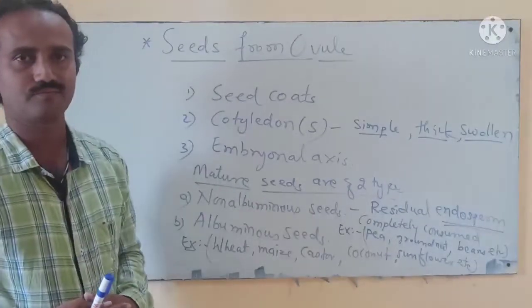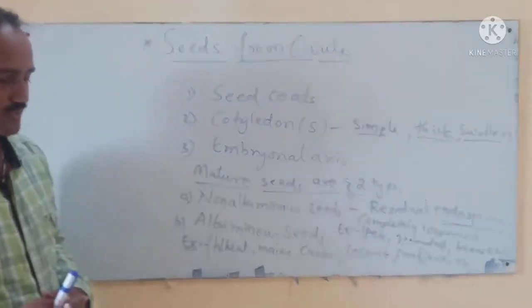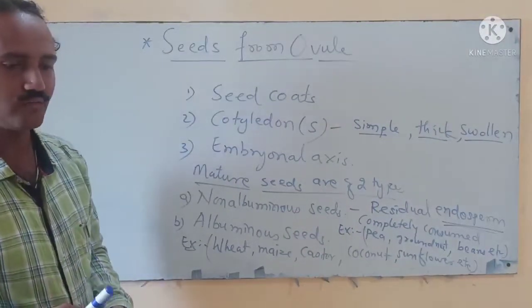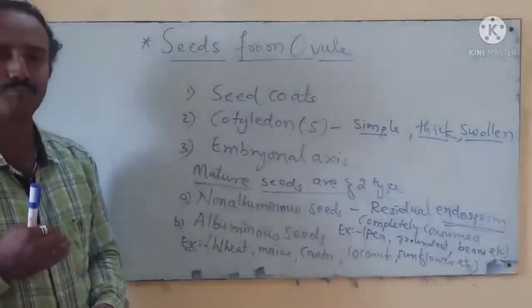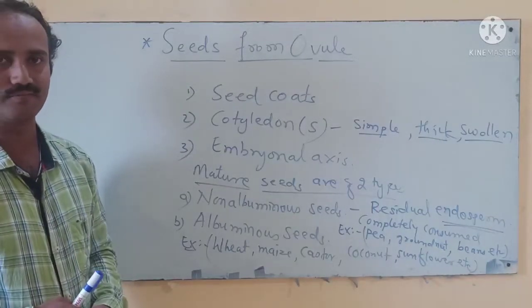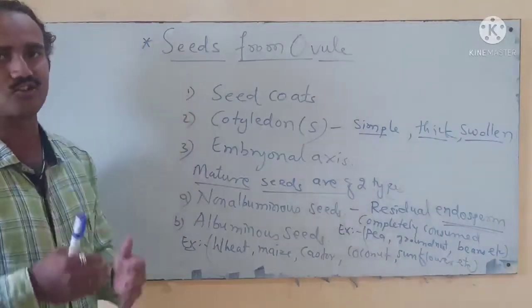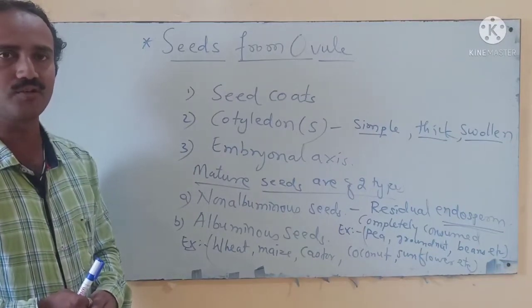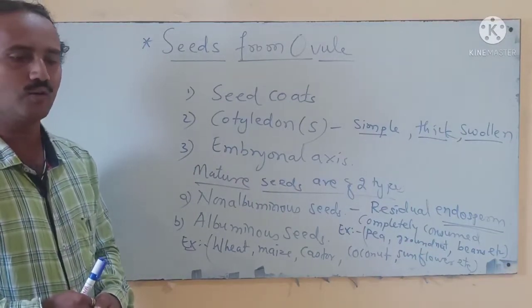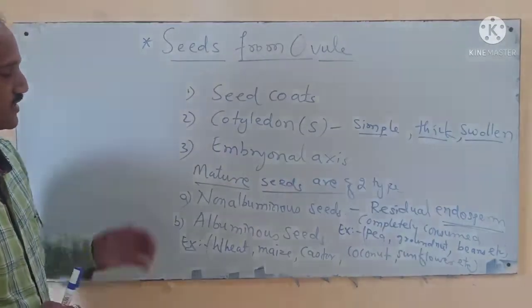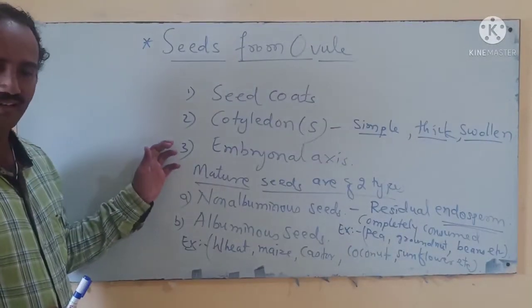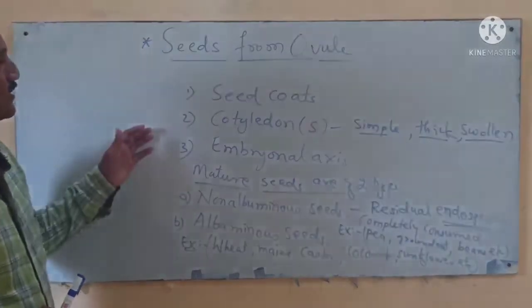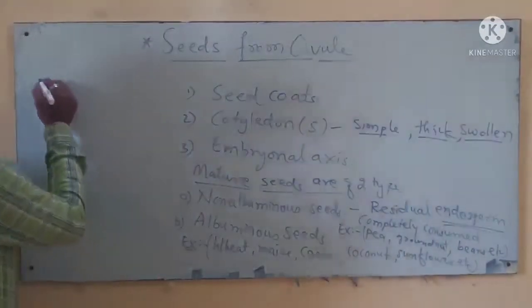Occasionally, in some seeds such as black pepper and beets, we observe the nucellus persistently present. Nucellus, you know the structure of the ovule: within the integuments another layer is present, that is called the nucellus, which is a nutritional part present in the ovule. That nutritional part persistently remains in the ovule. That part in the seeds is called the perisperm. You remember the perisperm.